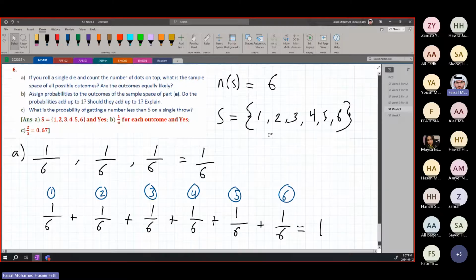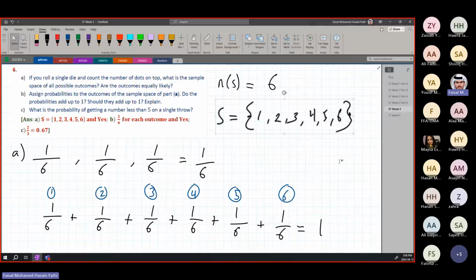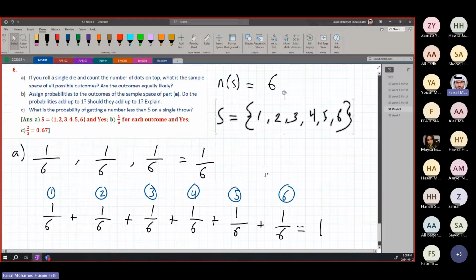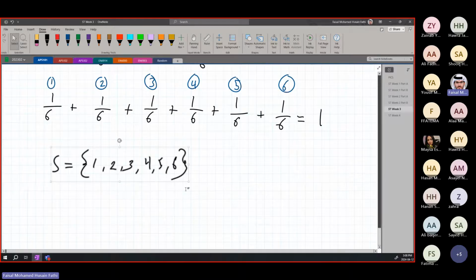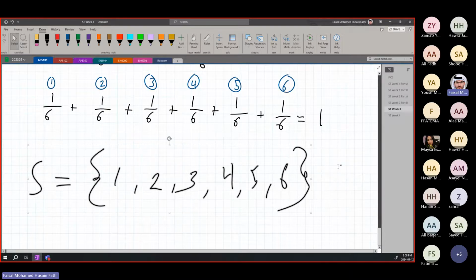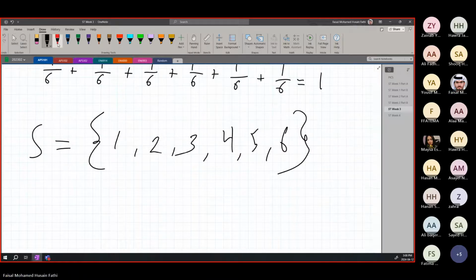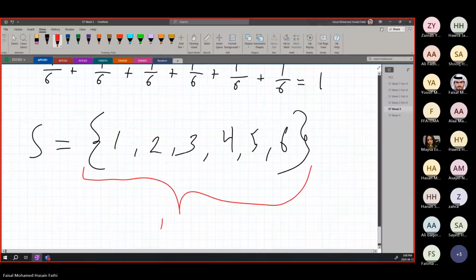Why is this the case? Because the chances of everything happening has to be equal to 100%. You cannot have a probability of something that's never going to happen and it's going to be a part of your sample space. Meaning, when you have the sample space over here, 1, 2, 3, 4, 5, 6, then you will 100% get a number from these, get one of these. So, in other words,